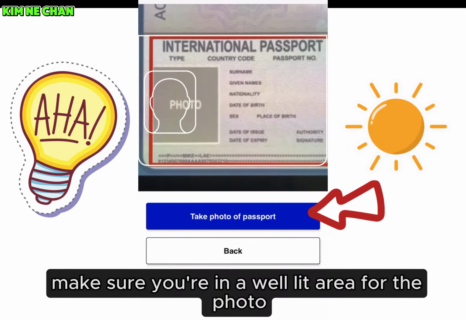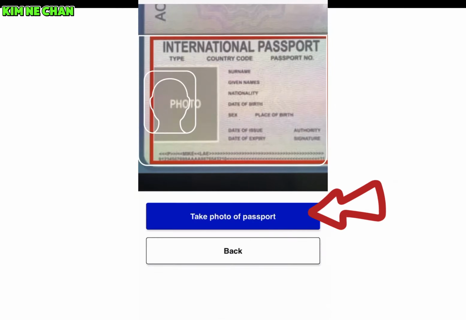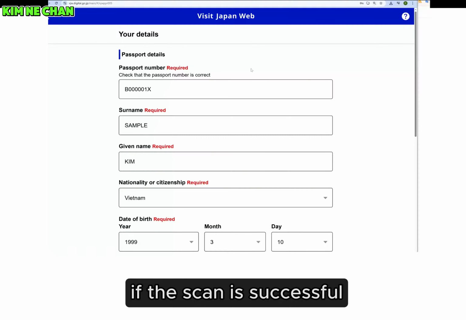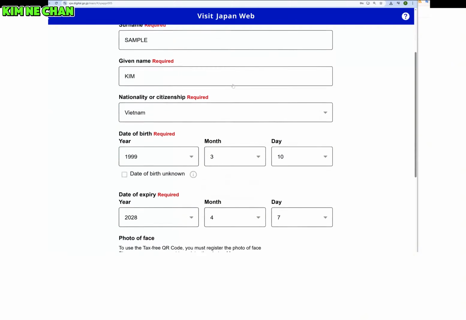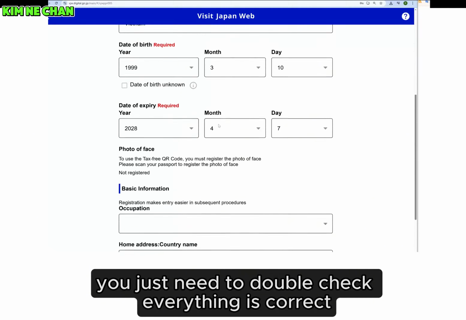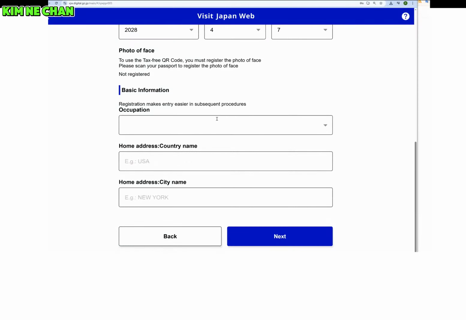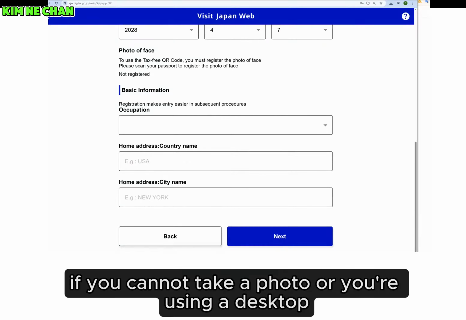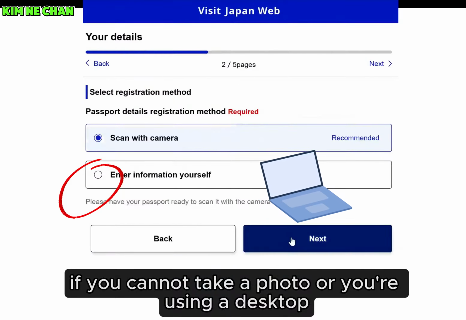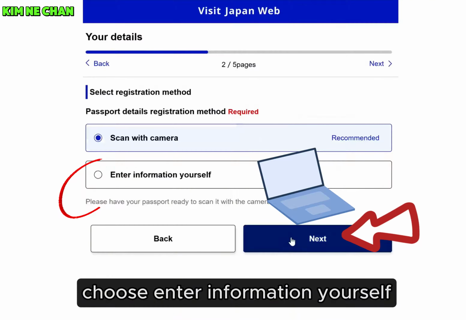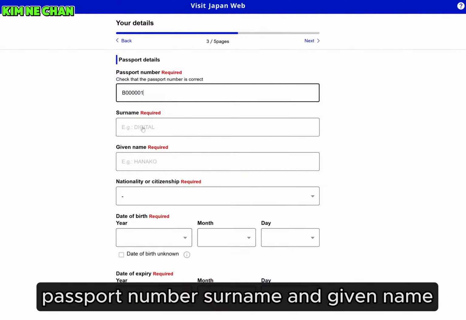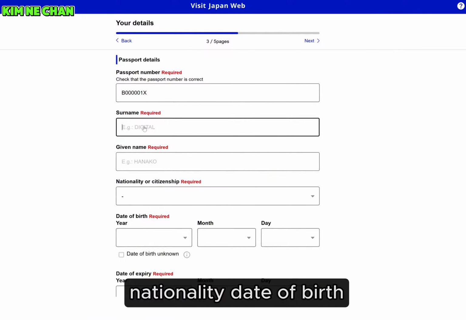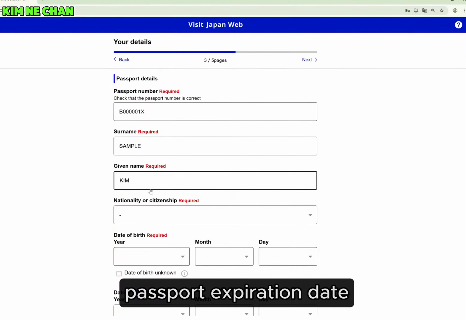Make sure you're in a well-lit area for the photo. If the scan is successful, your information will be filled in automatically. You just need to double-check everything is correct. If you cannot take a photo or you're using a desktop, choose Enter information yourself. Then manually input the following details: passport number, surname, and given name, nationality, date of birth, passport expiration date,